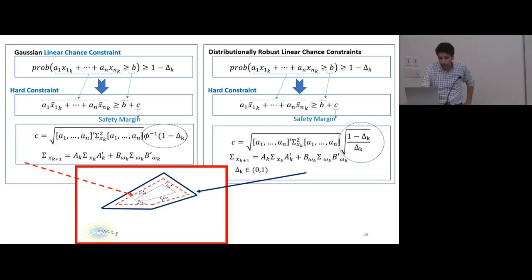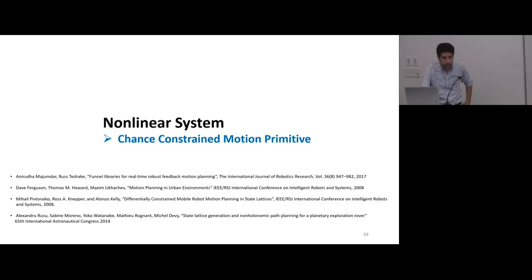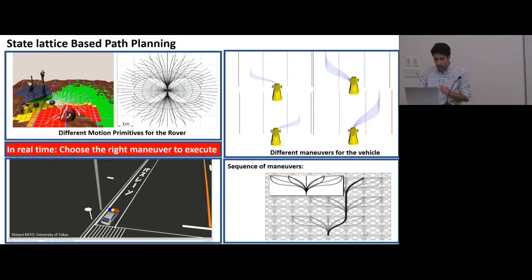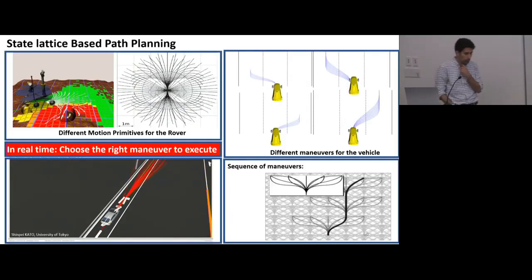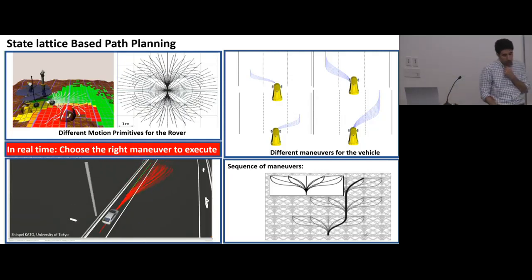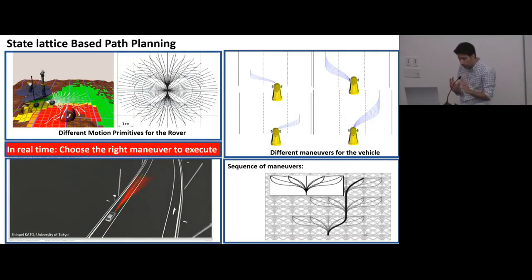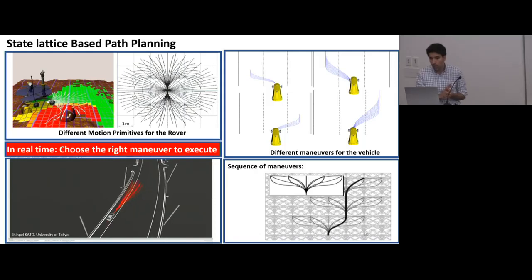So let's look at a nonlinear system. What is the easiest way to handle a nonlinear system? You all know the answer. Yes, we can linearize it. But to do this, I need some kind of trajectory first so that we can linearize the dynamics around the trajectories. There is a set of tools, motion planning tools, that in the offline mode, construct a library of